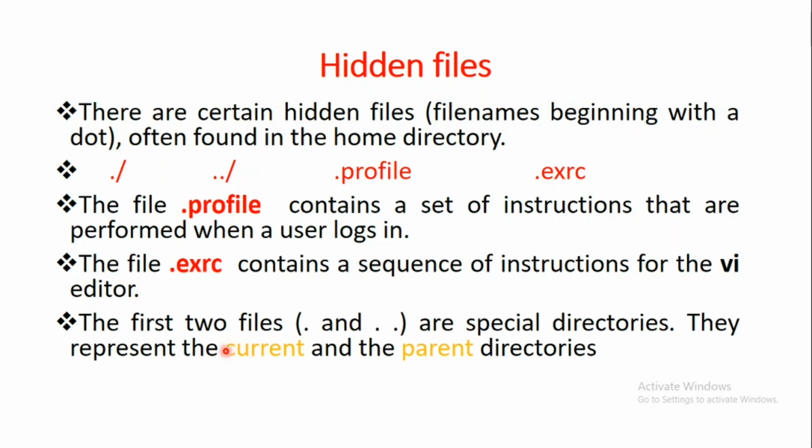These two hidden directory files, dot and double dot, are very special directories. They are automatically created by the system when a new directory is created, and they represent the current working directory and the parent directory. So dot represents the current working directory and two dots represent its parent. This is very essential in holding the file system together, and plays a major role in the structure of the file system. And these special directories cannot be deleted, nor can you edit them.